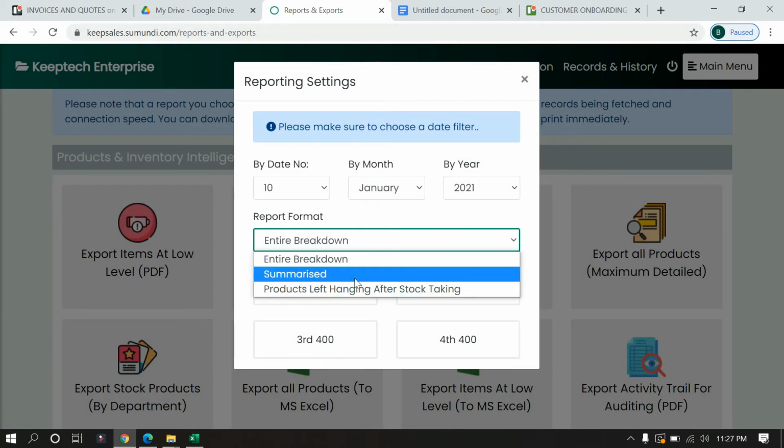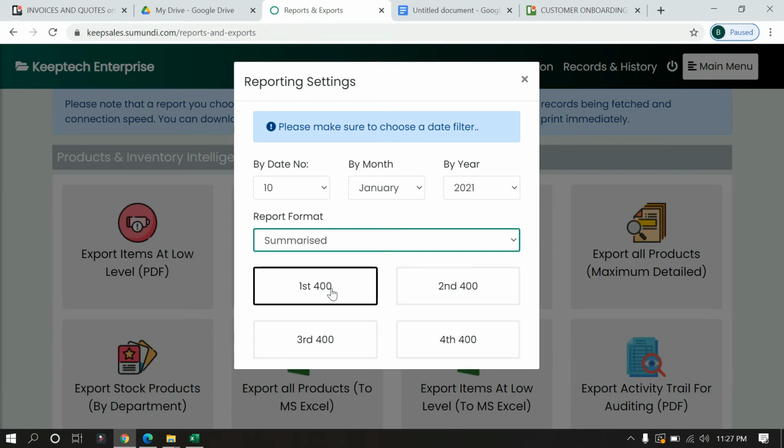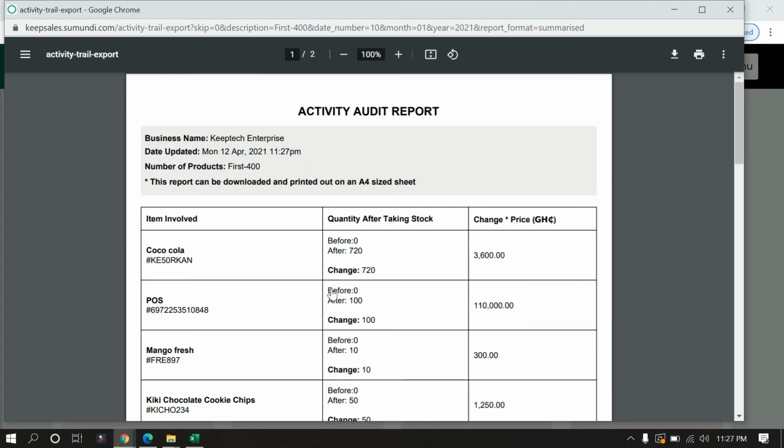Now let's look at the next one, which is summarized. Okay, now I'll tell us the difference between the entire breakdown and the summarized. Okay, so over here, this is how the summarized is going to look like. Now in the entire breakdown, you realize that sometimes there may be items at different locations in your shop which have all been separately